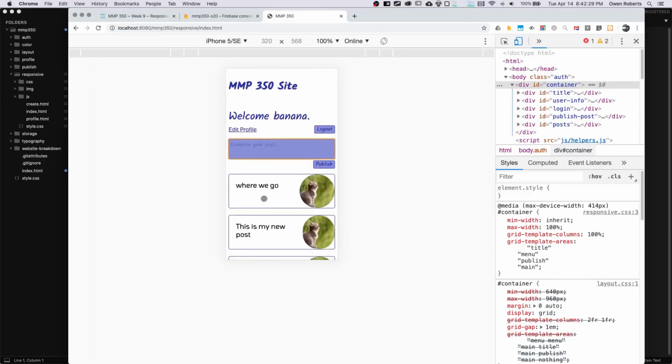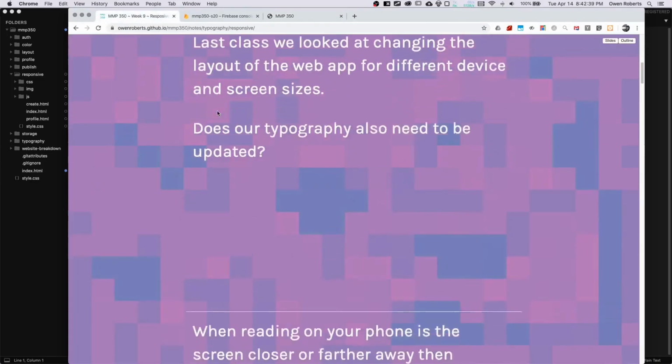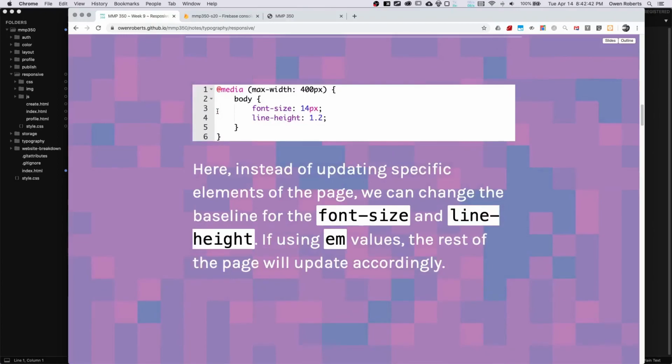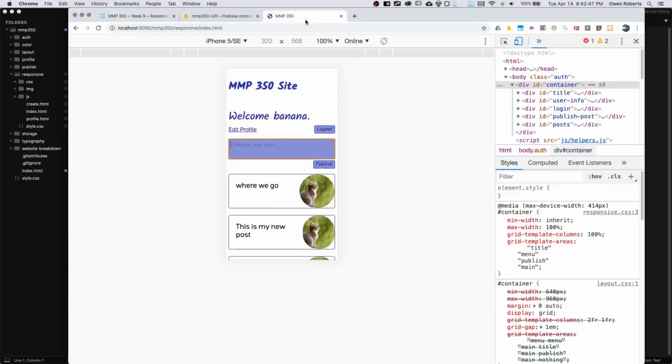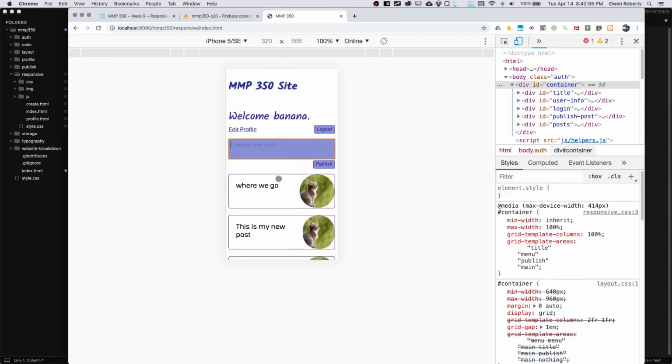So we can use some responsive typography to update the typography of the site. So when you're thinking about typography, you want to imagine what the site would look like on your phone if you're not actually using your phone, if you're just using the emulator. So with a big screen on your computer, that can be kind of difficult. One thing is you can just hold your phone where you would normally read it, and then use that as a sort of measurement of distance,